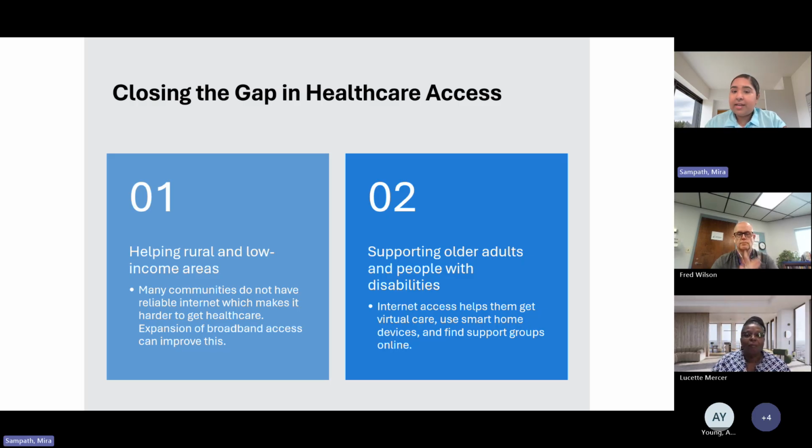So, again, to put this in context, in Florida, there was a senior care center that started using remote patient monitoring devices to check heart rate, blood pressure, and oxygen levels. These devices send that data to doctors through the internet, allowing seniors to receive care without having to do frequent in-person visits. However, of course, some seniors without internet access couldn't use these tools, which put them at higher risk for health complications. So, expanding broadband in senior living communities has helped more older adults benefit from these life-saving technologies. So, that puts it in context of again how important and vital broadband access is when we talk about digital skills, digital literacy.